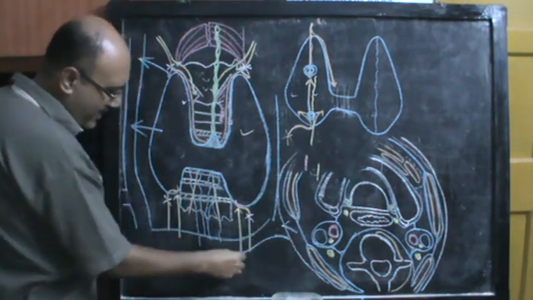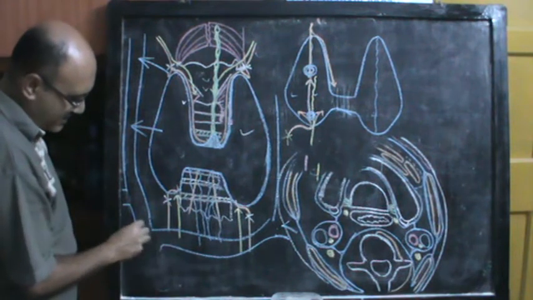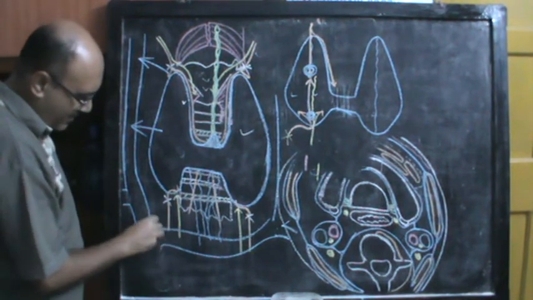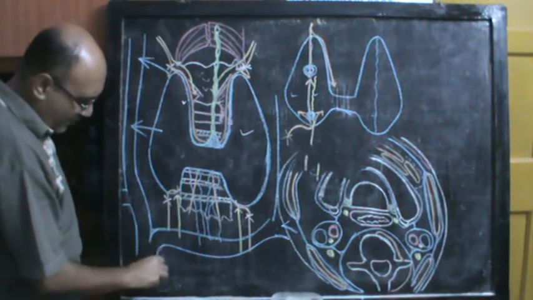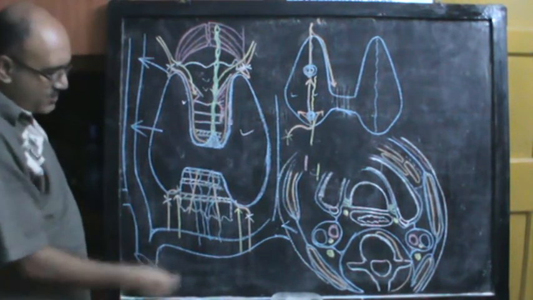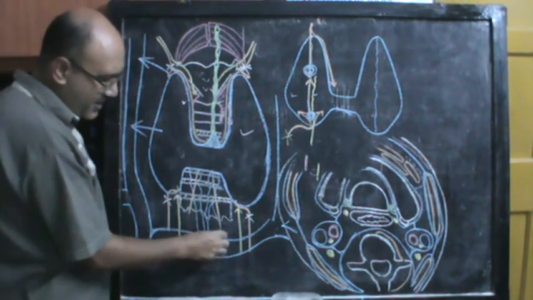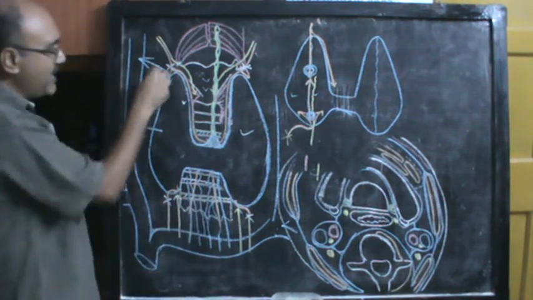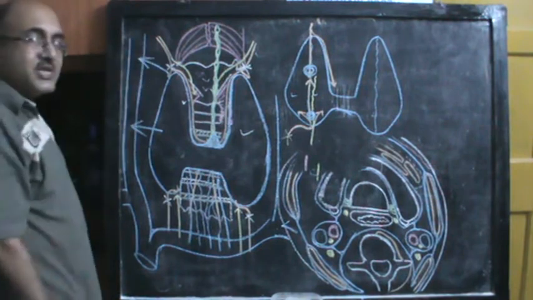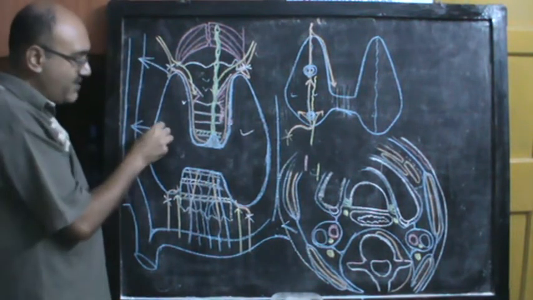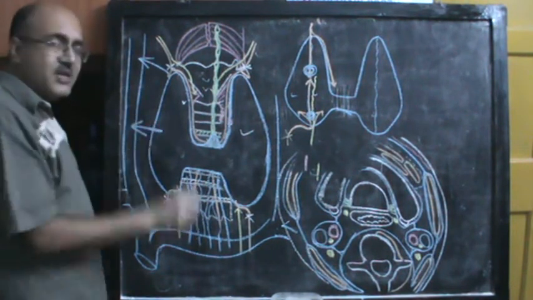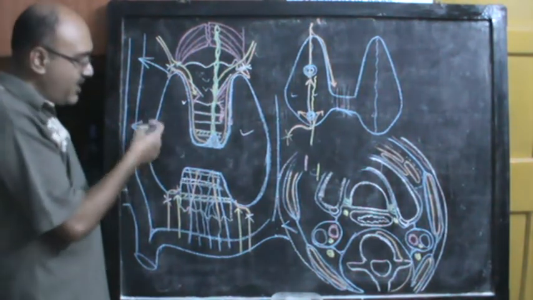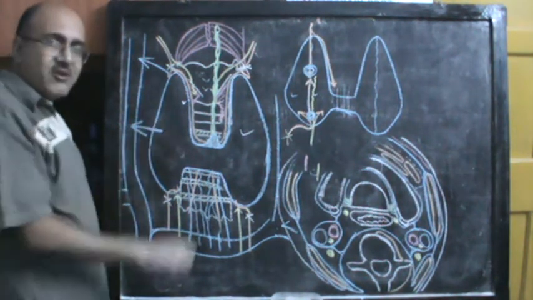So this is the left brachiocephalic vein coming over to the right side, and the two brachiocephalic veins together are going to form the superior vena cava. So the inferior thyroid veins actually drain into the left brachiocephalic vein, whereas the superior and middle thyroid veins drain into the internal jugular vein, of which the middle thyroid vein is most prominent. And when you are dissecting the thyroid, you will first come across the middle thyroid vein.